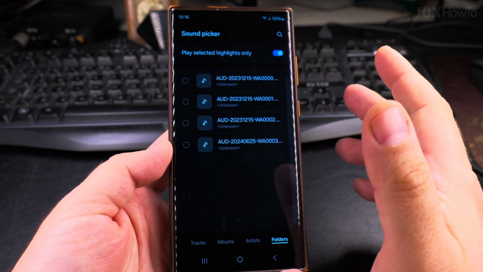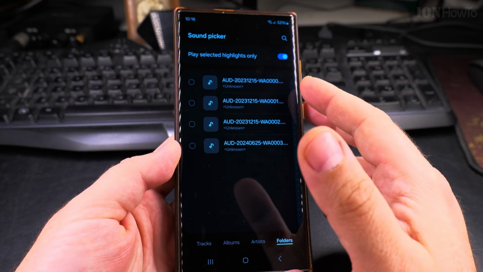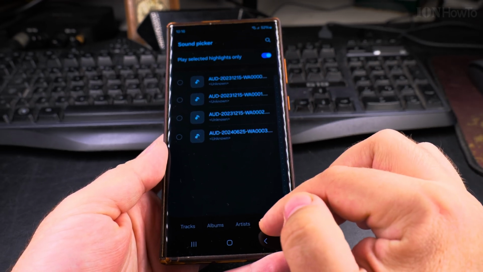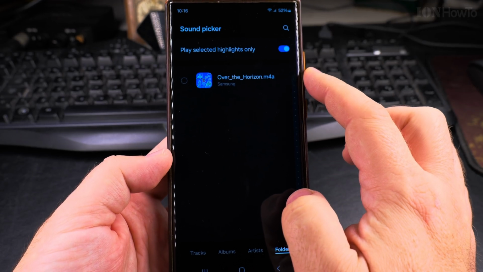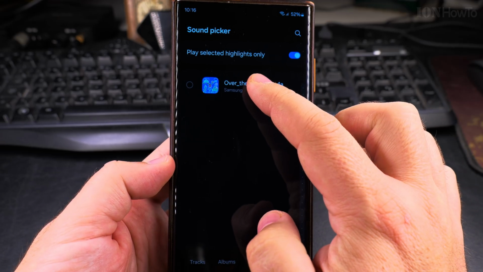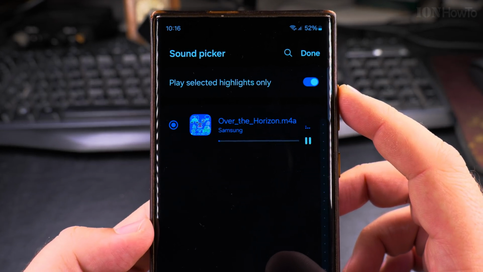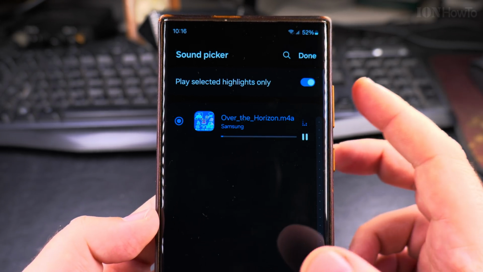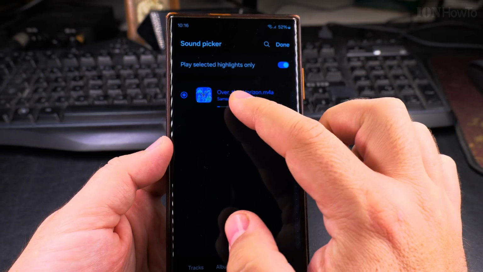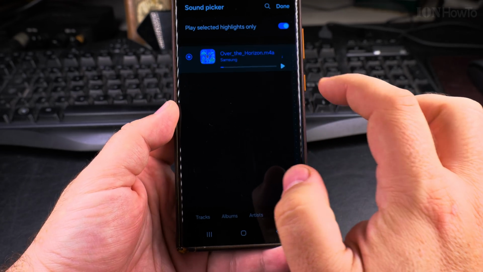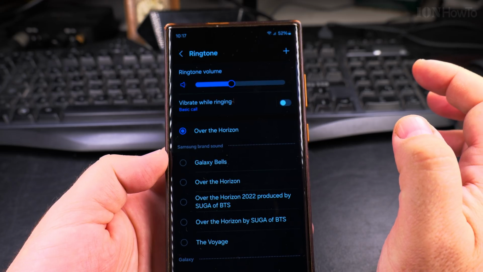voice notes, everything you might want to say. If you want to make a voice note saying pick up the phone and then you want to set that as a ringtone, you can do that. For example, this is the Samsung folder, and there is this M4A. So if I pick this file, I'm in the folders here, I pick the file, press done, and now I